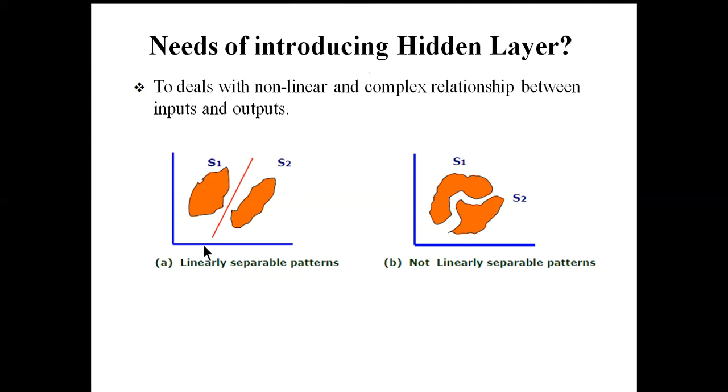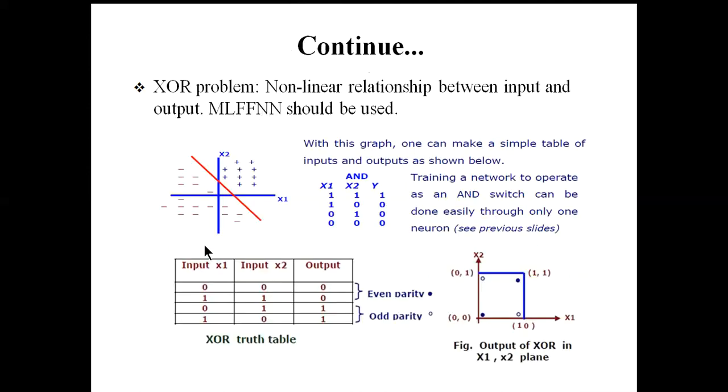So obviously, for that kind of problem, if we want to use an artificial neural network as a classification tool or AI algorithm, a simple artificial neural network structure, that is a single layer feed forward neural network, will not be able to classify accurately. So for that purpose we have to use a multi-layer feed forward neural network, where we use an extra hidden layer.